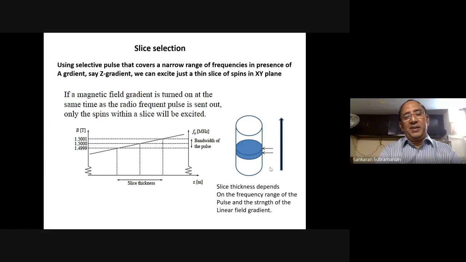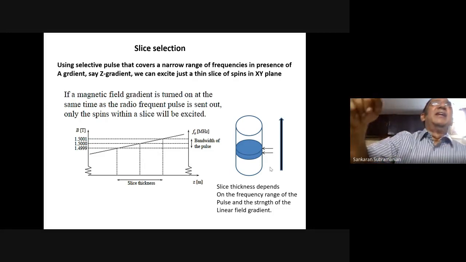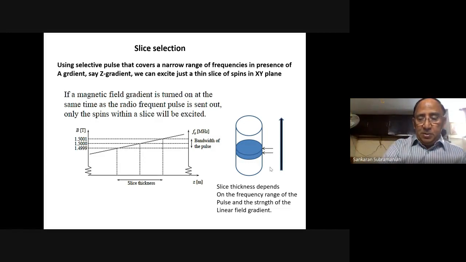It is possible for us to apply a gradient along the z-axis, and then we can start selecting a frequency range which will select a particular slice. So it is possible for us, at least frequency-wise, to take a slice from the top of the head to the bottom of the leg in hundreds of slices by applying a linear gradient and then putting limited selective frequencies. So it is possible to instrumentally, without putting a knife to the system, slice it out in terms of millimeter slices or even better slices.